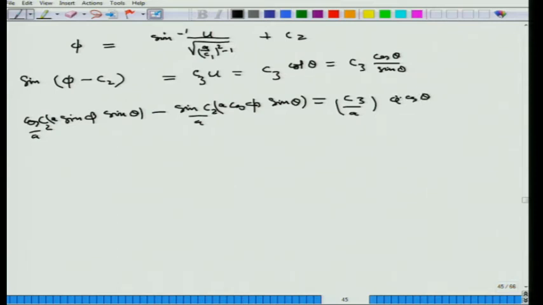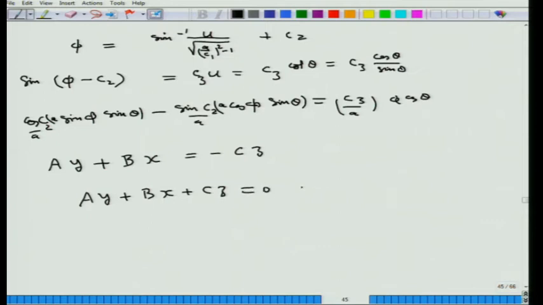Now, substituting back we get here some constant A y, also we can write plus B x, and this is minus C z, and so we get A y plus B x plus C z equal to 0, and